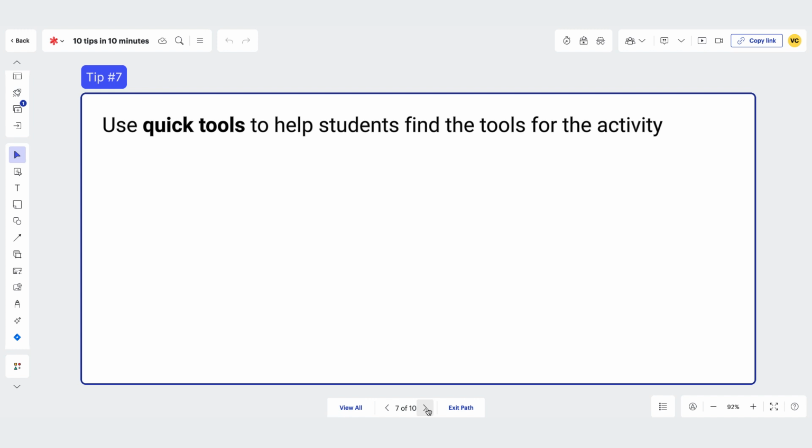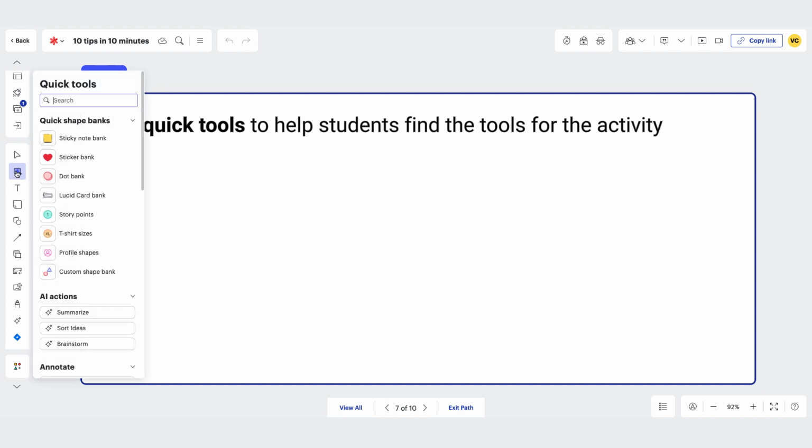Tip number 7, quick tools. So quick tools I have added to the left-hand side of my toolbar. If you're not finding these quick tool options, come down to more tools and you can add and select those from there. Now, quick tools allow you to add shortcuts to the different items that you want students to use